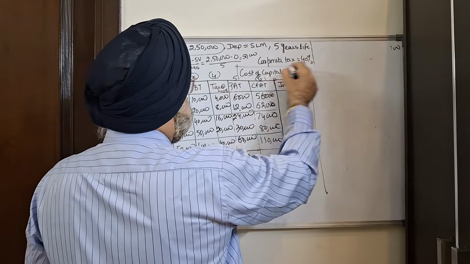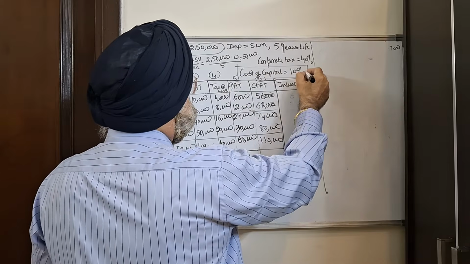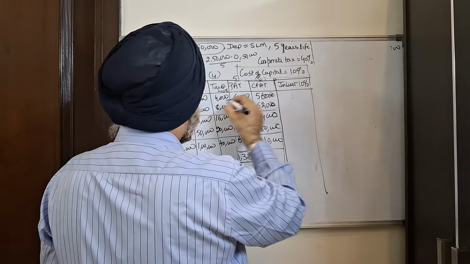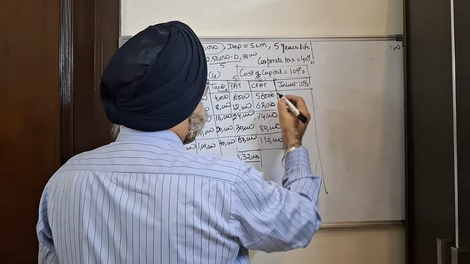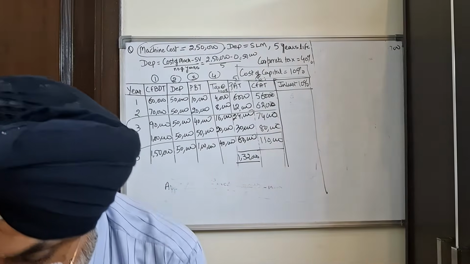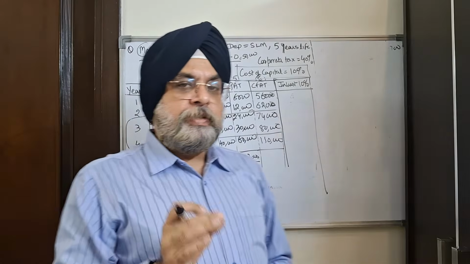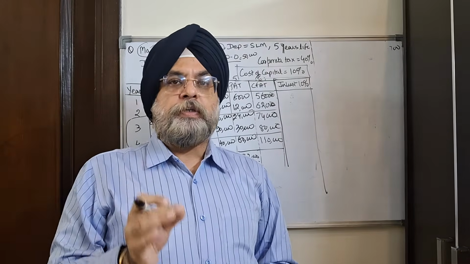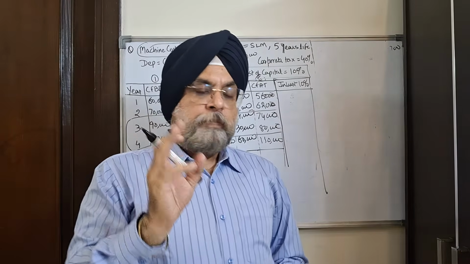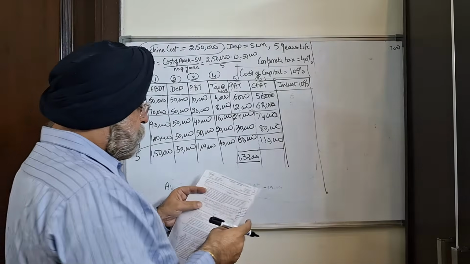So the cost of capital is given 10%. What we will do? We will multiply it with the present value of interest factor. That is table number 3. The value is given at 10%,